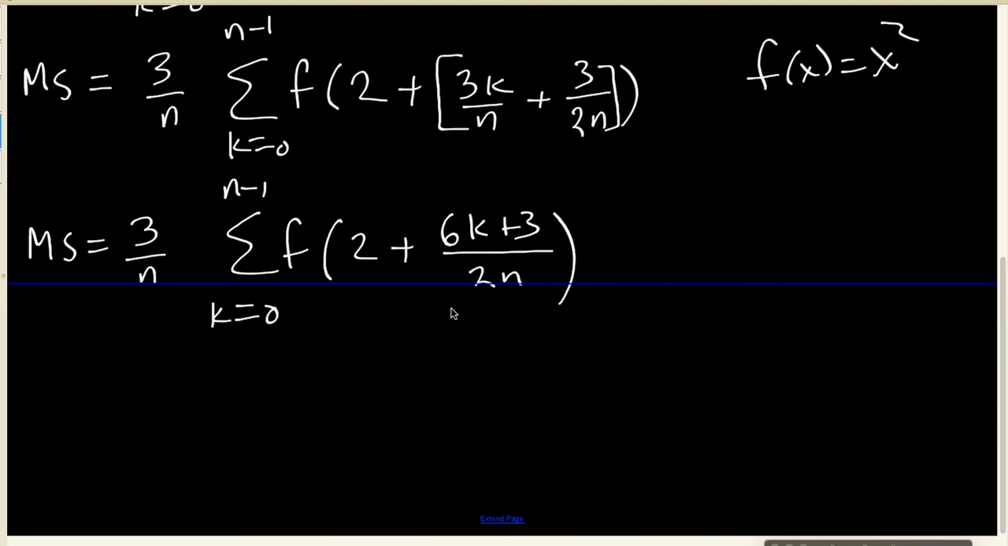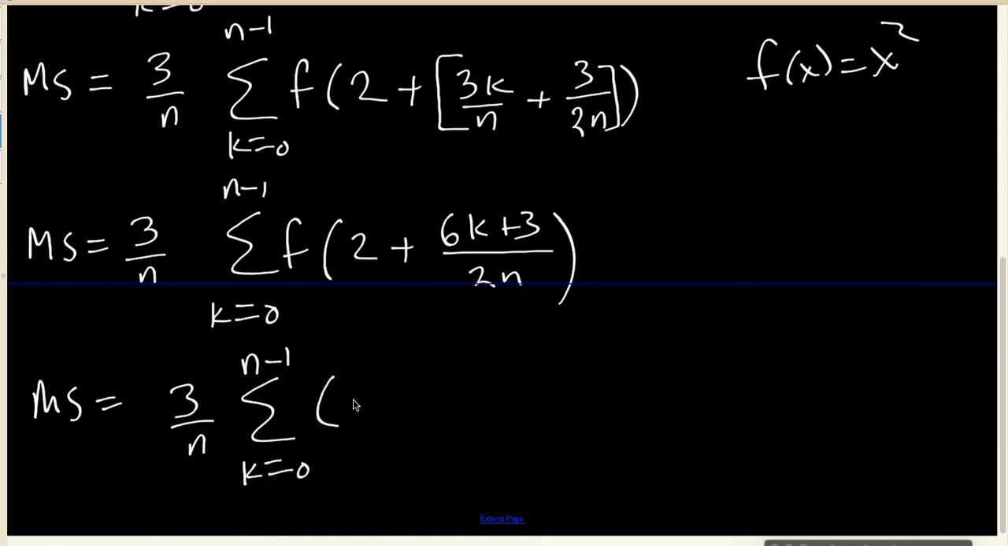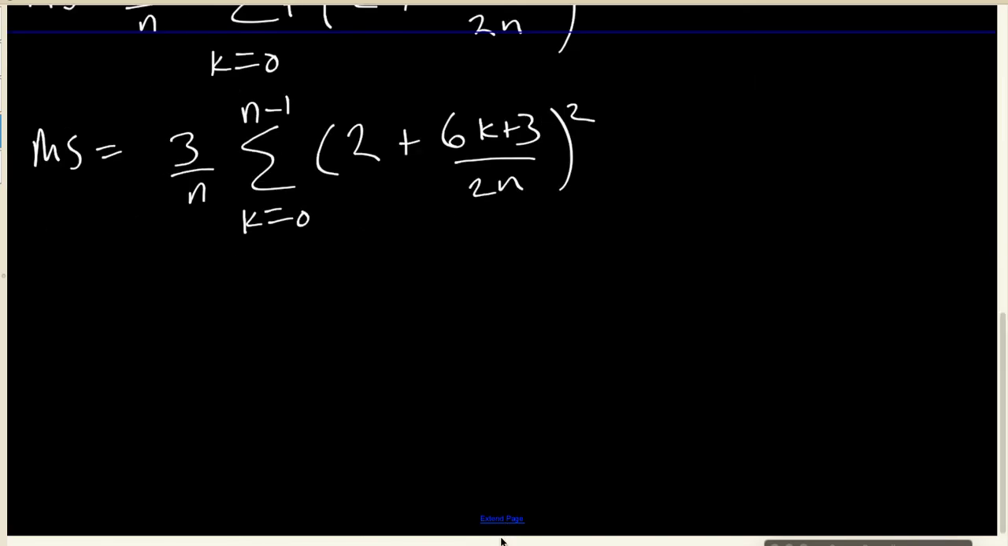And now I can actually square this, and when I do, my middle sum becomes 3 over n times the sum as k goes from 0 to n minus 1 of 2 plus 6k plus 3 over 2n, quantity squared. Now we have to figure out what that is. Our middle sum is going to be 3 over n times the sum as k goes from 0 to n minus 1 of